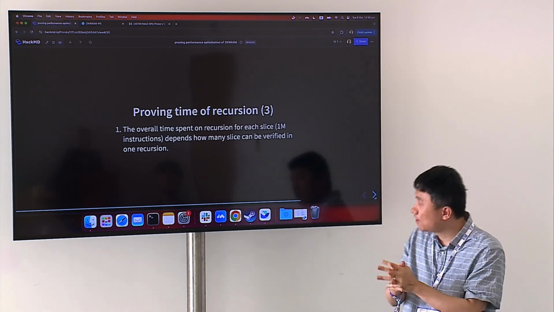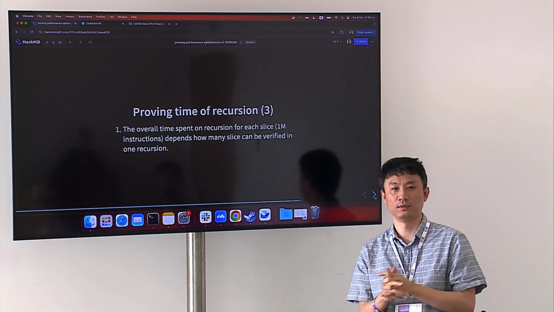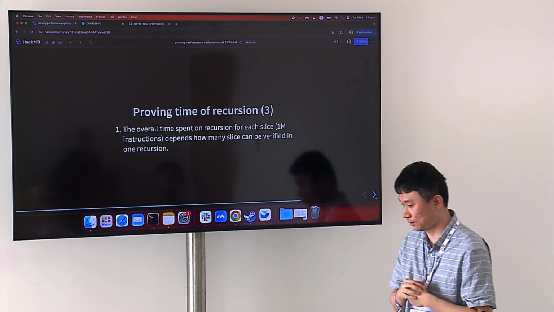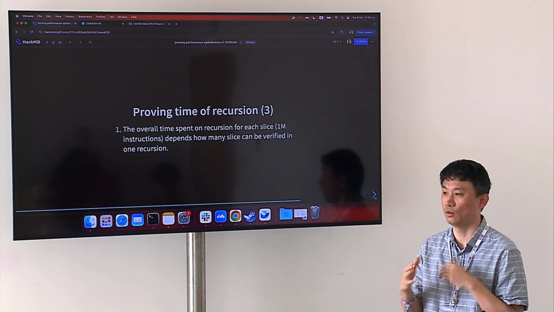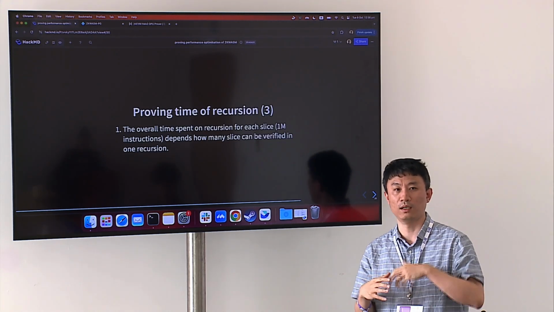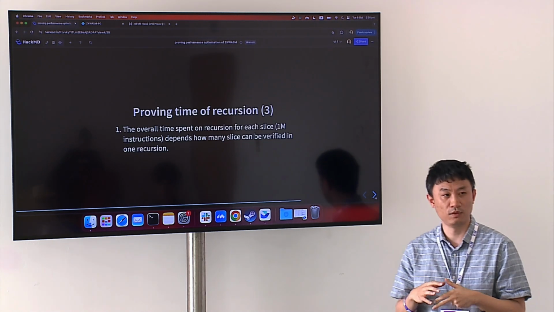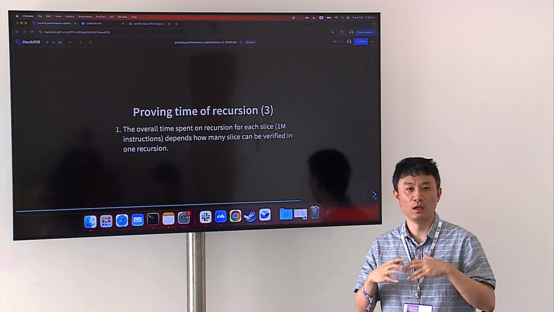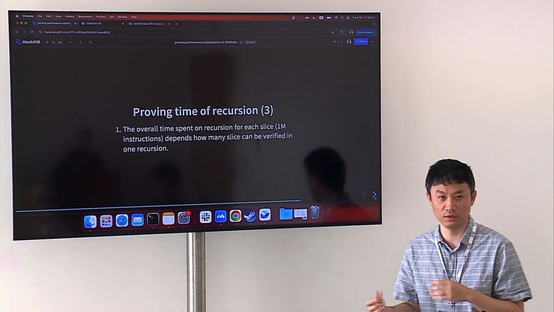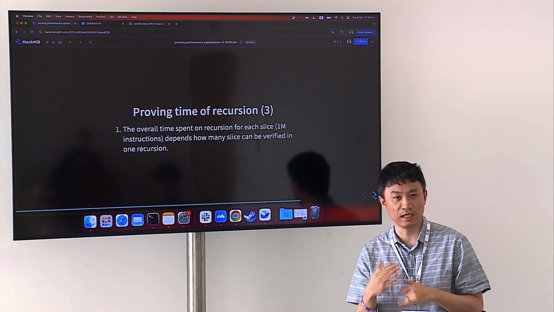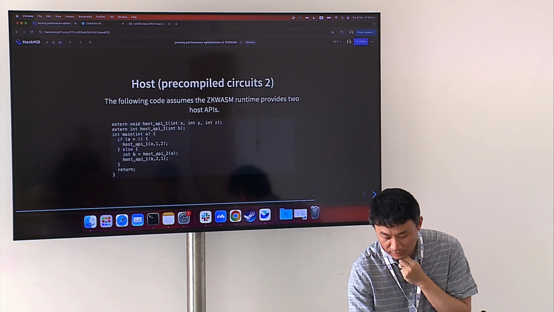And there's another thing you can do to reduce the damage that recursion causes on the prover. If we remember the big picture, every time we do a recursion, we're doing a batching on the previous proof, right? If the recursion circuit is nice enough, theoretically we can hold 2 guest circuits, so every 2 circuit slices we do a recursion. That would reduce the damage of the recursion by a factor of 2, but we did not do that because